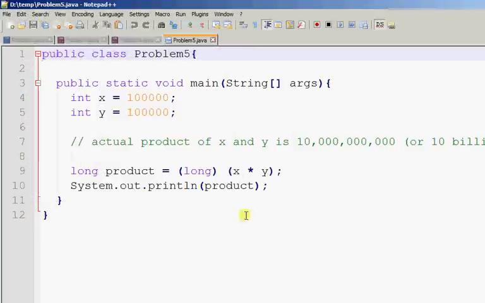Now, I have two integers x and y. x stores 100,000, y stores 100,000, and I want to find the product. Now the product of x and y is actually 10 billion. And 10 billion is too big to be stored in an int. So you have to store 10 billion in a long variable. And that's what I'm trying to do on line 9. I declare a variable called product. The type is long. And after multiplying x and y, I'm going to cast the answer to a long and